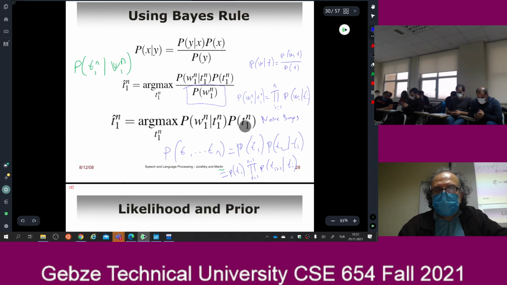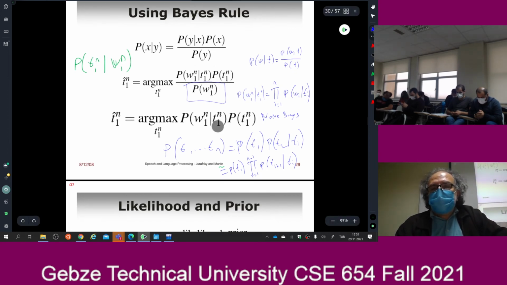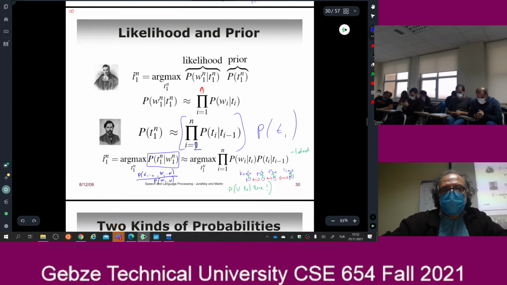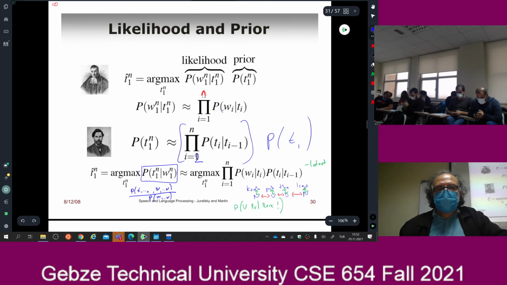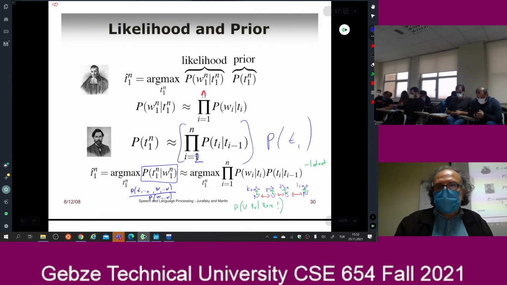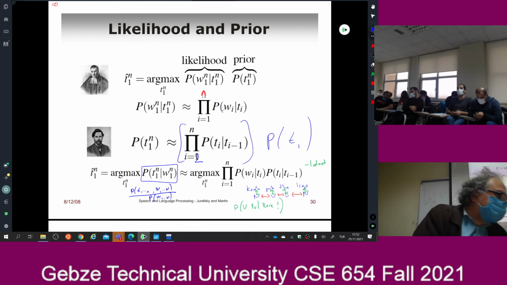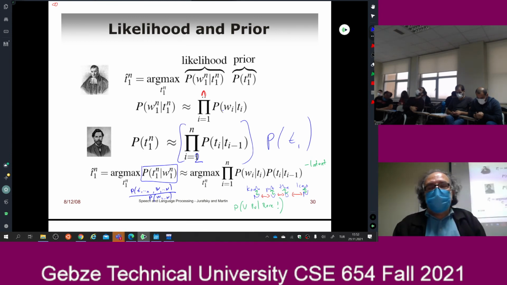So I can calculate this one. How about this one though? This one says that given all the tags, what are the probabilities of these words? And I am going to make this assumption again. So this is my prior. What was the name of prior? What do we call prior? Prior is the probability of things